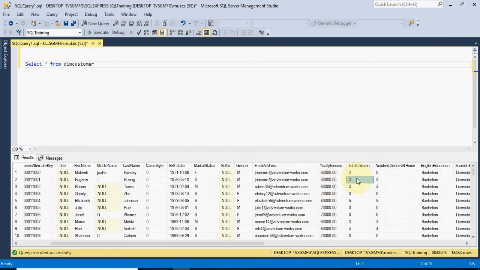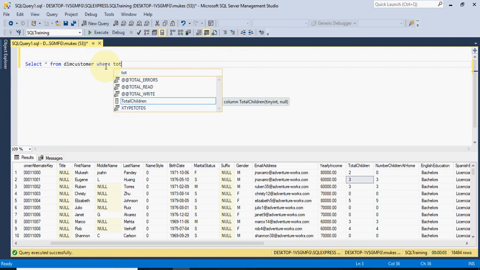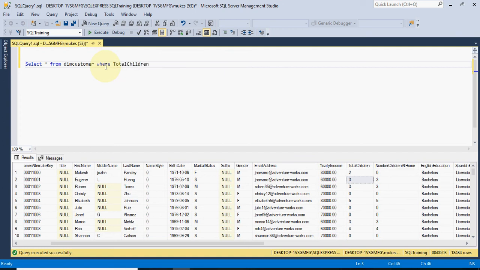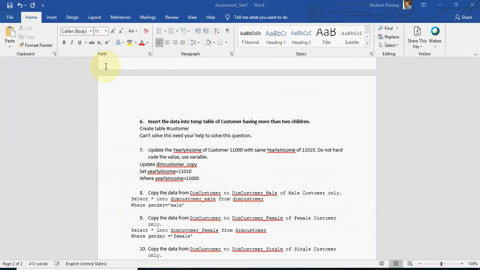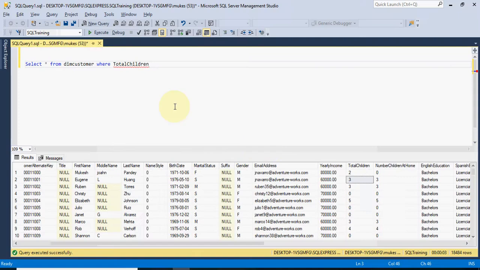So the total children column is there, right? So you just need to put the condition where total children is greater than 2.